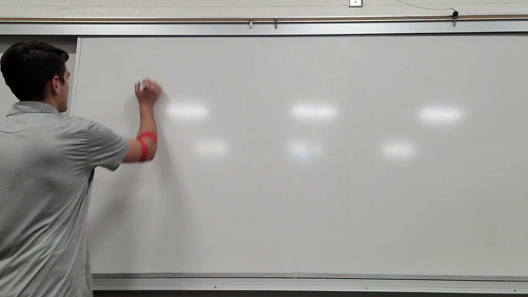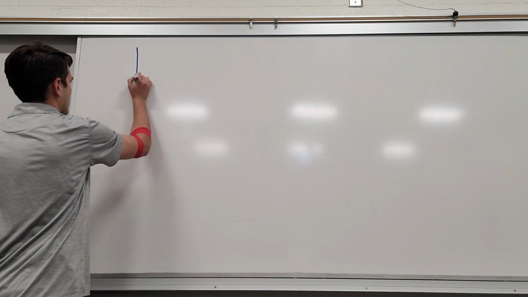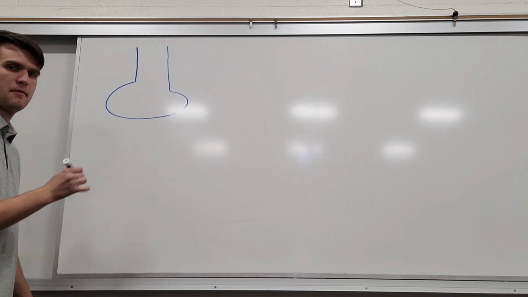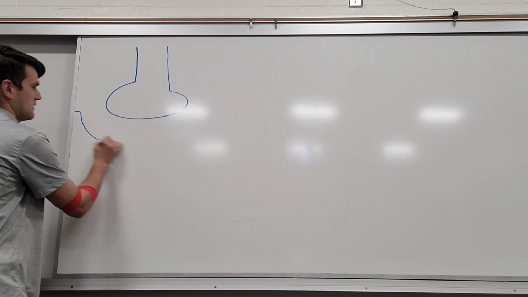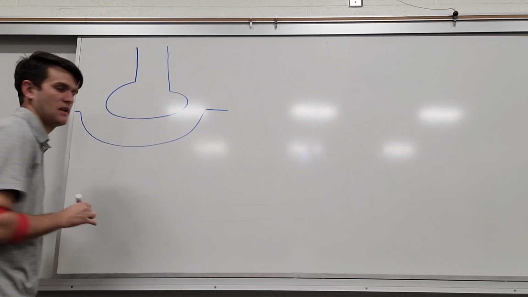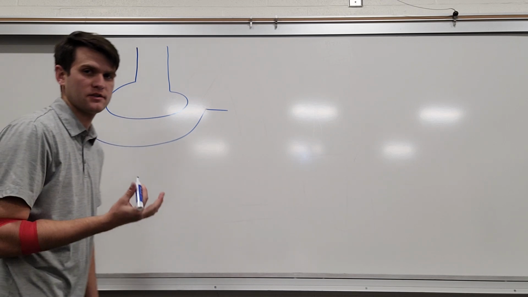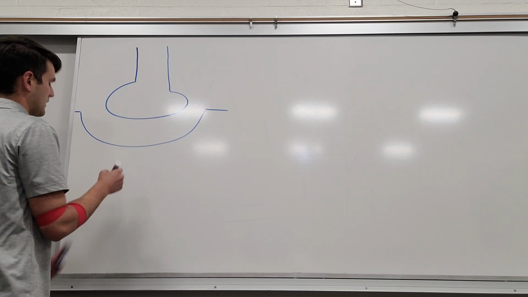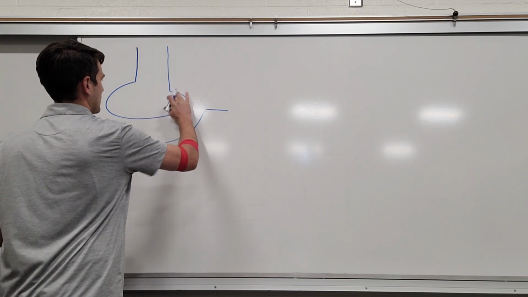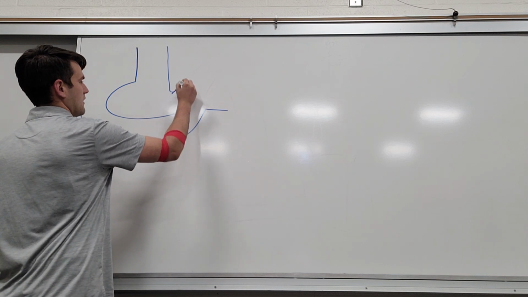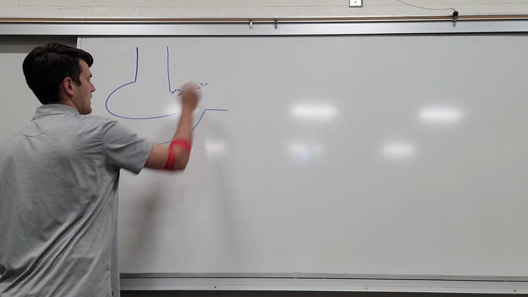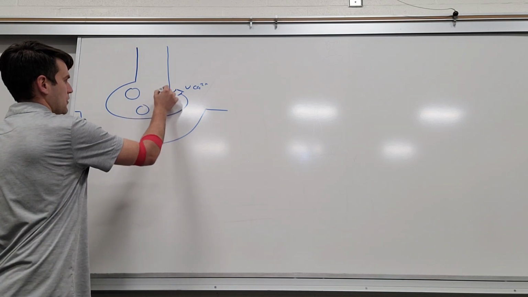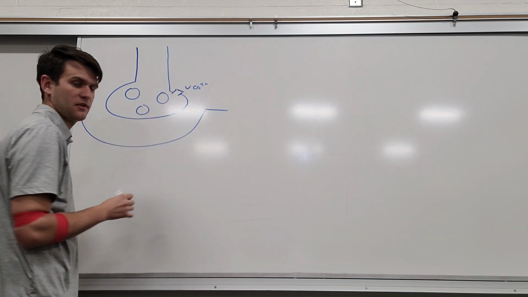So to start off, let's draw what's called the neuromuscular junction. So right there, that's going to be our presynaptic terminal. And this is going to be our sarcolemma, which is essentially the plasma membrane of our muscle cell. And let me draw a few things. Right here, this is going to be a voltage-gated calcium channel, okay? And we're going to have some transport vesicles in our presynaptic terminal that are going to be